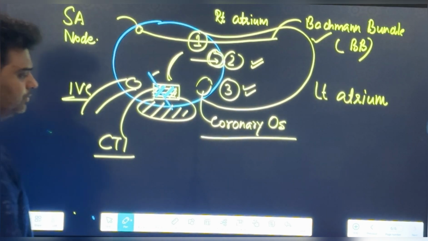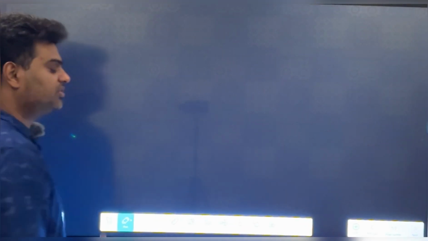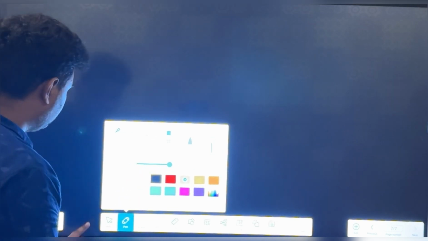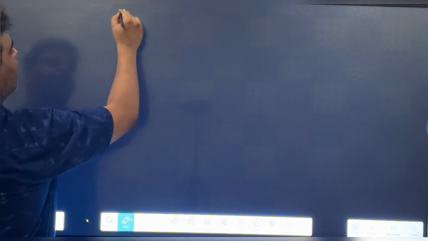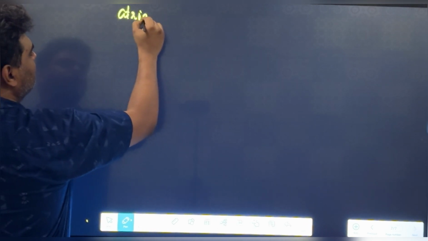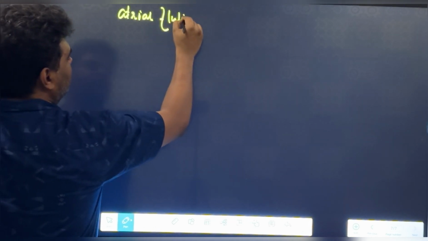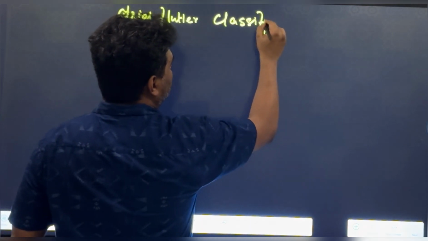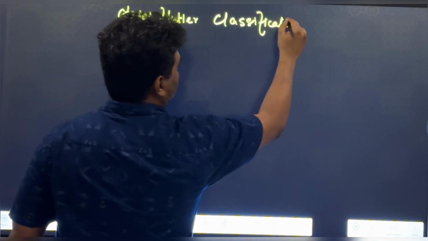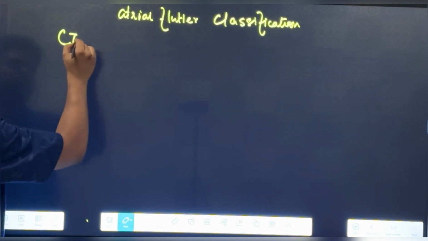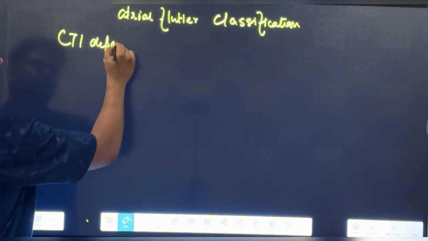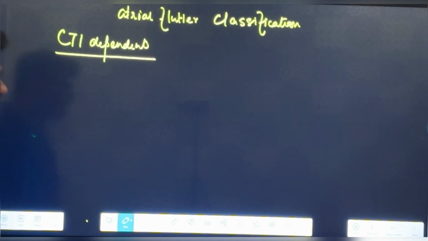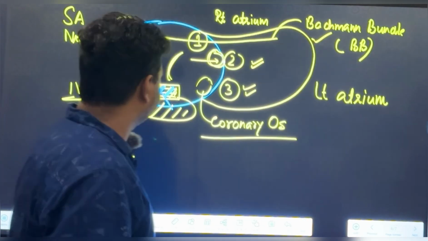Okay, so now we'll again come to this diagram, but before coming to this diagram, I will tell you the atrial flutter classification. So one is CTI dependent. Now, CTI dependent atrial flutter can be of two types. See,